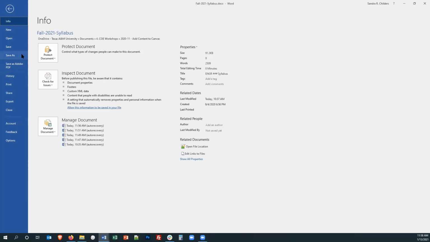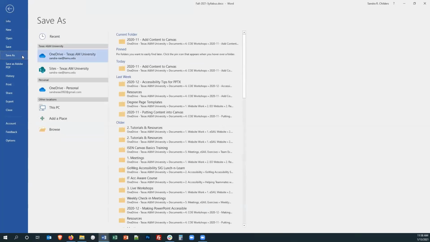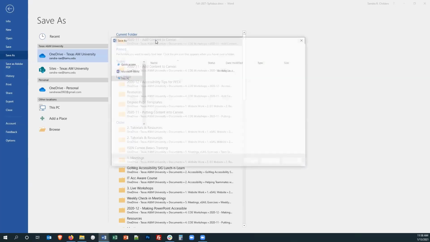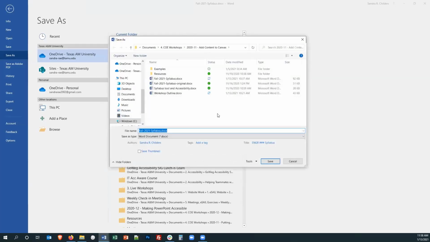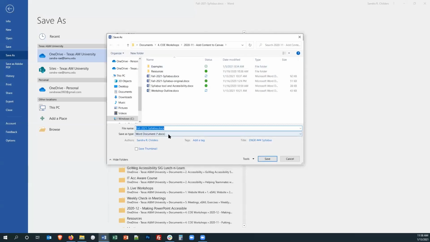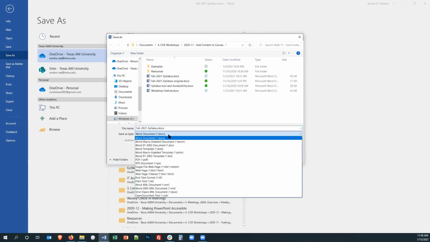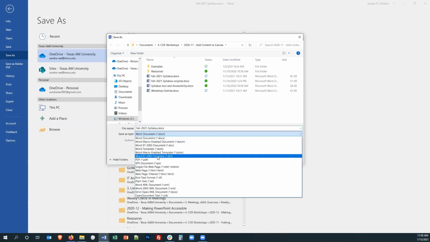What we're going to do is use the Save As, so you can change that type to a PDF. And here it's just asking where to save it. We've all done this before. So I'm just going to put it in my current folder. And then when we get here, it's obviously saving to a Word document because it is a Word document, but we're going to change this Save As type to a PDF.